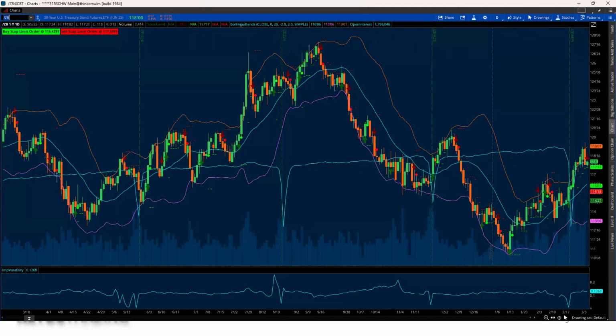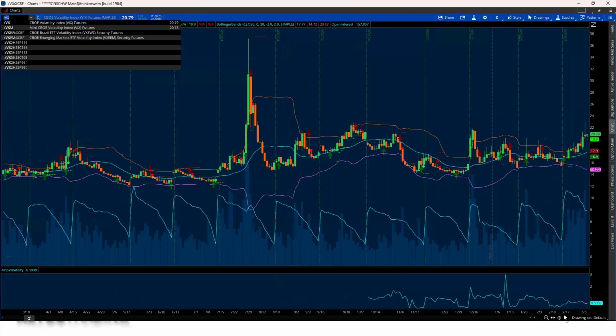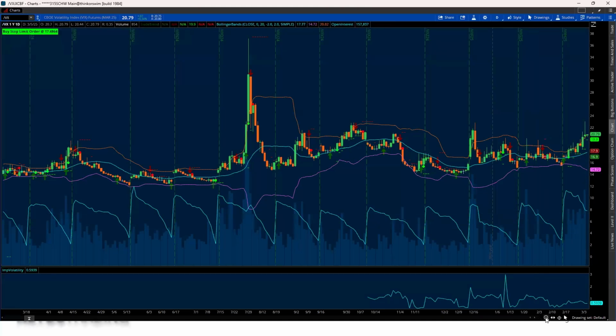But let's talk about contango and backwardation. This to me is probably one of the most powerful methods for identifying market chaos, if there's going to be a major market sell-off, and when markets are likely to rebound. So where's the bottom? We look at VIX or volatility futures, VX,